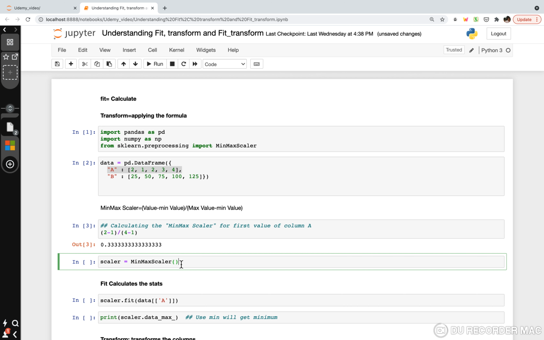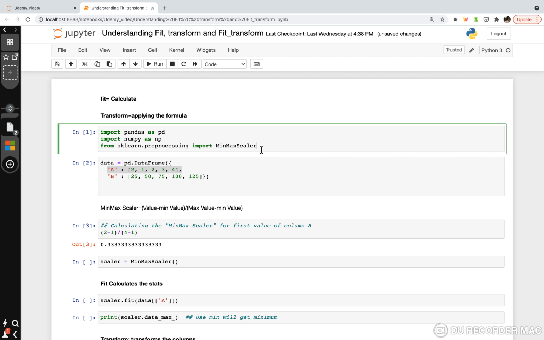Now, how do we do it with scikit-learn? I have imported MinMaxScaler from sklearn.preprocessing. This sklearn.preprocessing has many methods, and MinMaxScaler is one of them.